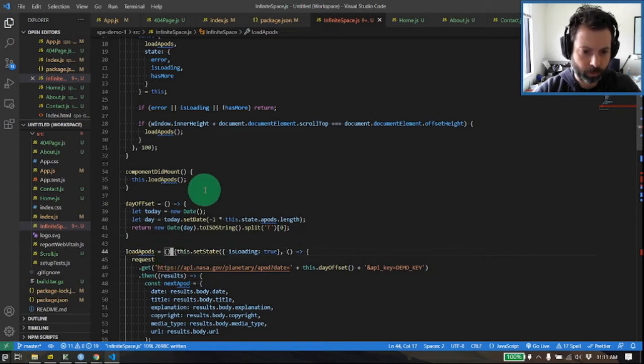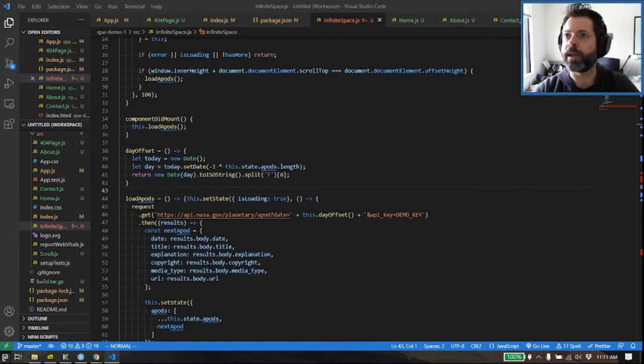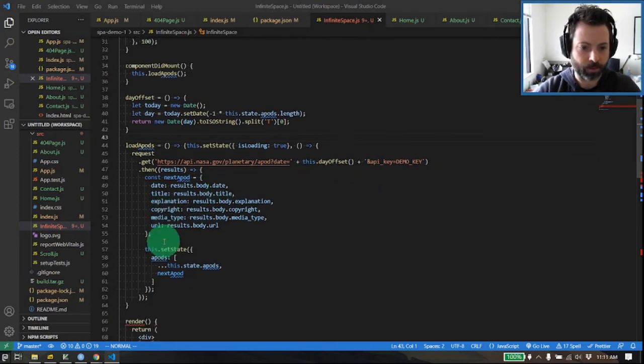And I forgot an arrow right here. So basically, when we call loadAPOD, set our state to be loading, and then if we have an error after our .then call,